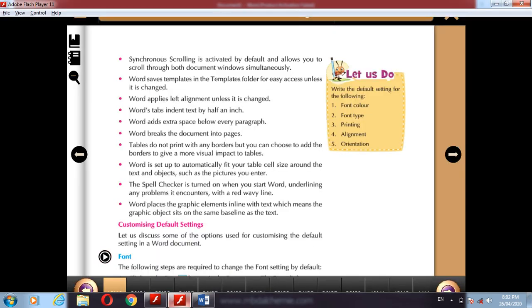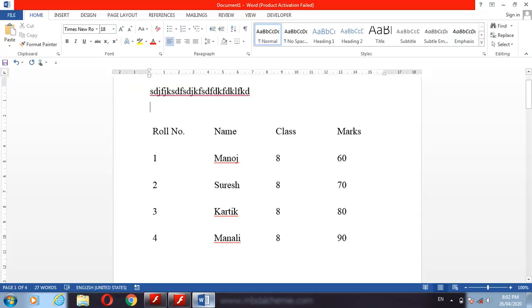Now the next is what? Word is set to automatically fit your table's cell size around the text and objects such as pictures you enter. You are able to insert the picture in Word also. See how you can do this.